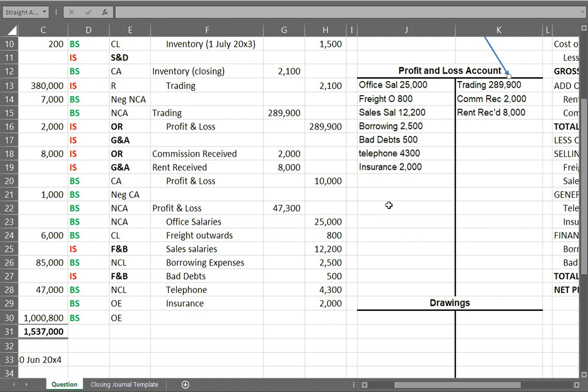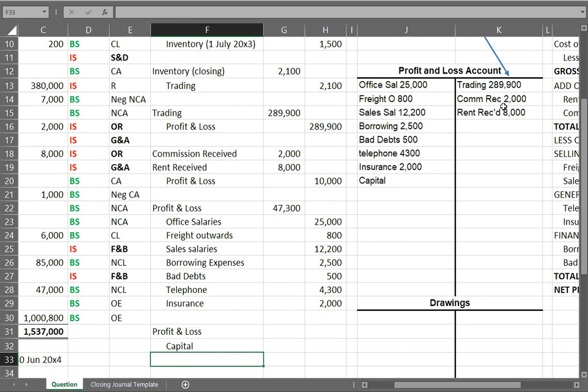So the missing entry is over here. And whatever the missing balance is will be transferred to capital. So we might as well prepare it. All right, to close off profit and loss to capital, profit and loss will be on the debit side. As we said, we're missing the entry here, and the net amount will go to capital. Let's quickly calculate how much we're talking about. The calculation will be